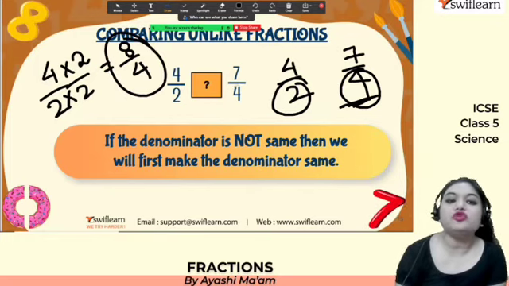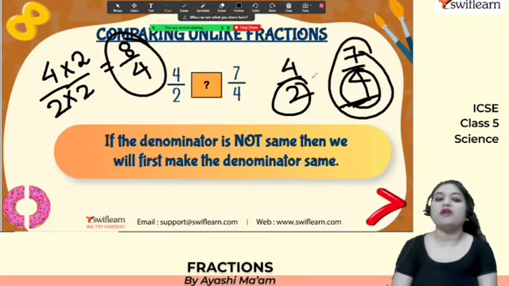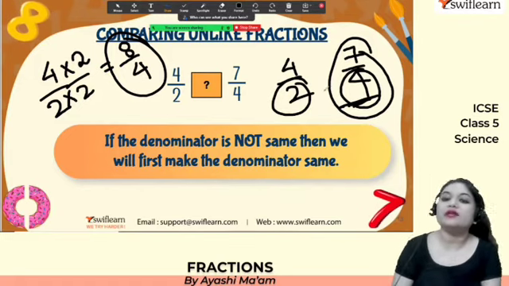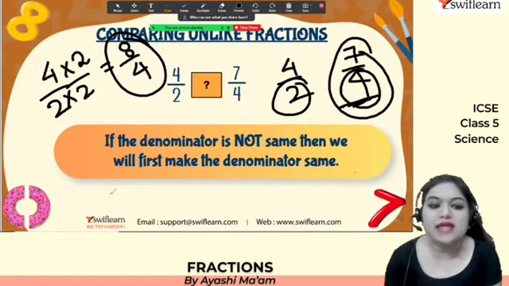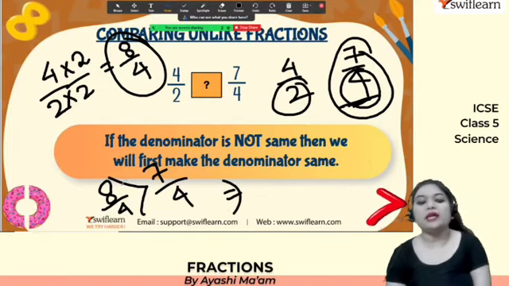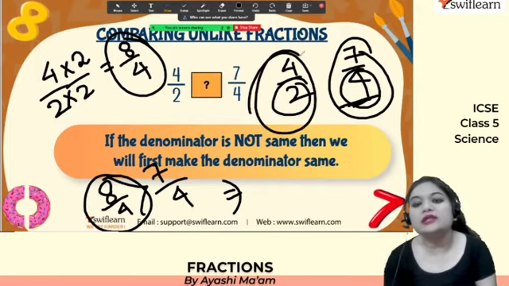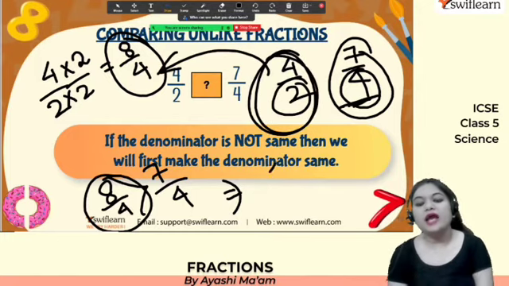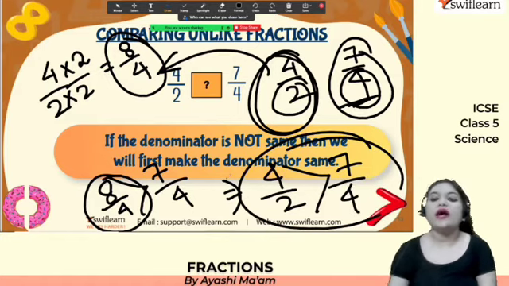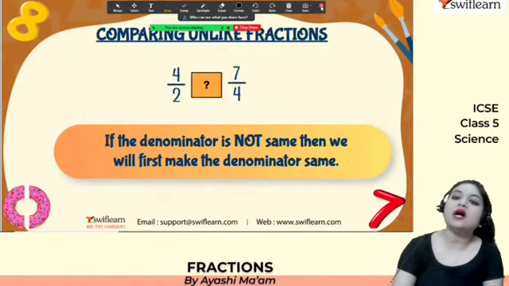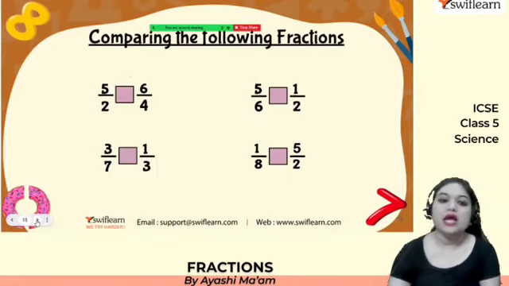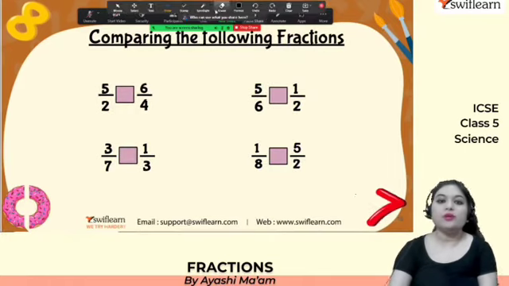Now see, we have two like fractions, 8 by 4 and 7 by 4. Since 8 is greater than 4, therefore we can say that 8 by 4 will be greater than 7 by 4. We turned 4 by 2 into 8 by 4, right? That means 4 by 2 will be greater than 7 by 4. Got it? This is how we need to solve it. That means turn the unlike fractions into like fractions by making the denominators equal. Let's solve some examples, then it will be more clear to you.